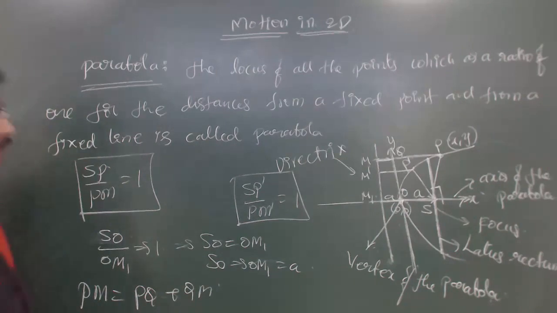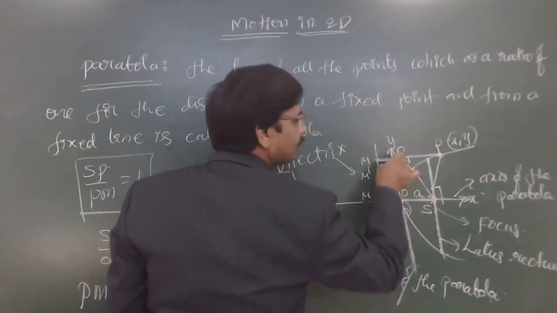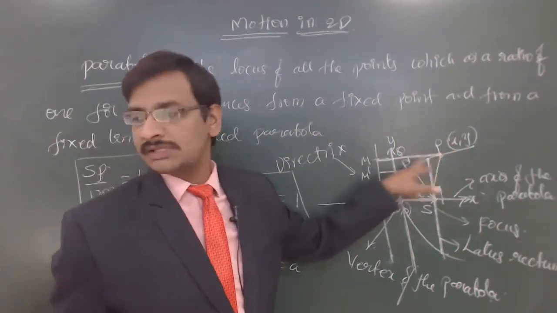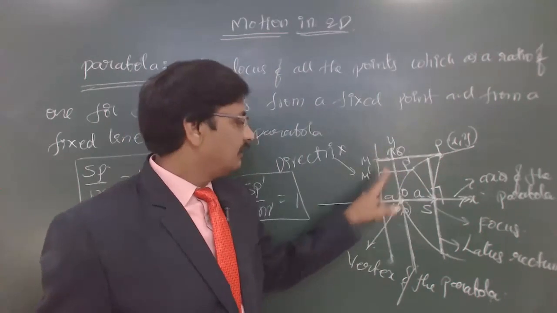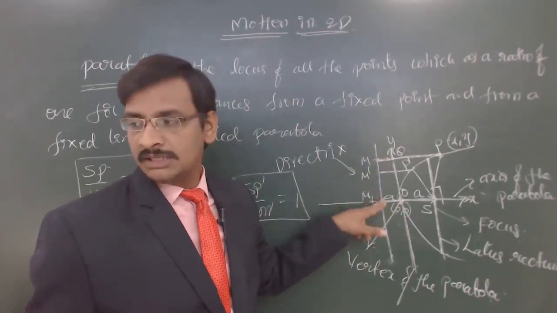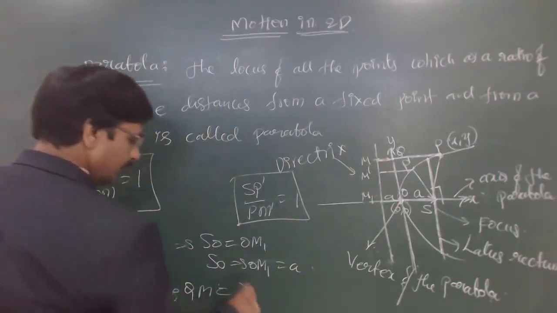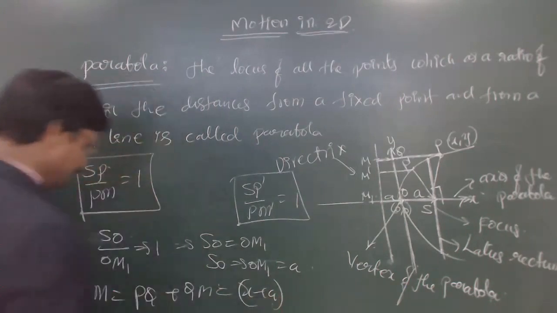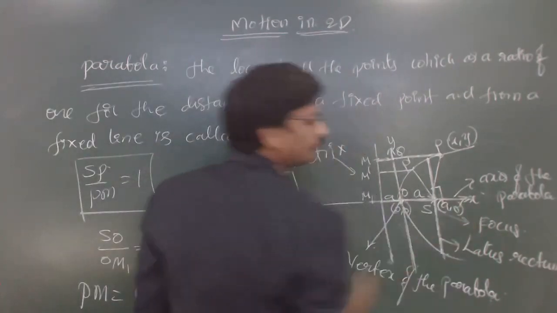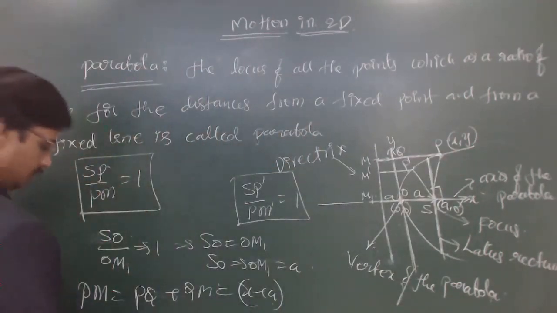PQ plus QM. PQ is the x coordinate, because this is the y-axis, and the length from the y-axis to the point is nothing but x. So this length is x, and this length we know from this relation is again equal to A, because this length and this length are one and the same. So this is x plus A. This is PM, and S is located at A comma 0, and this location is x comma y. So SP is equal to,